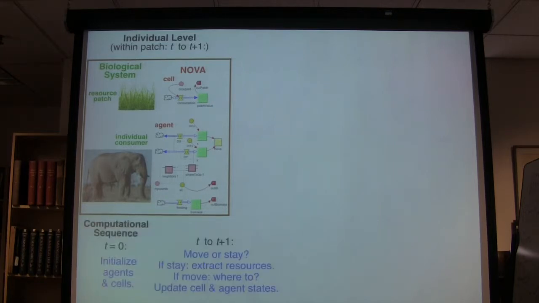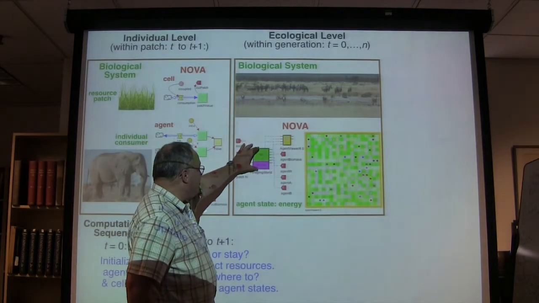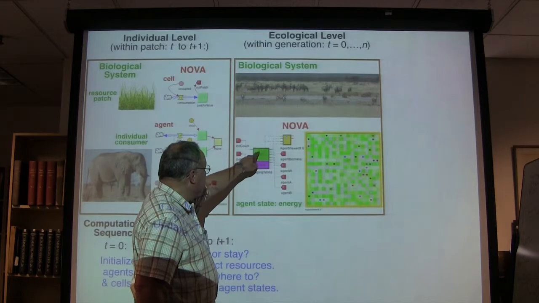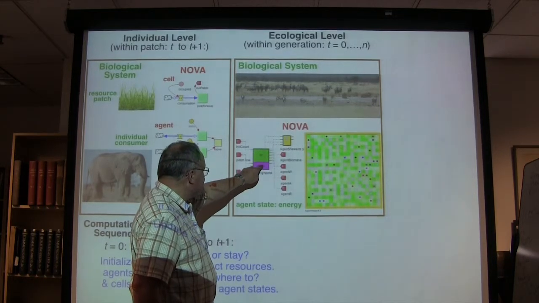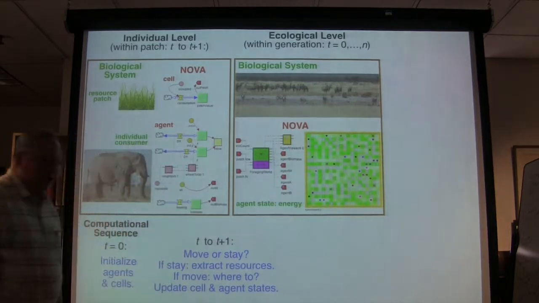And so you initialize the sequence. The where to go examines what's going on and says, should I move or stay? If I stay, I can extract resources locally. If I move, which is the best direction for me to move in, and where should I go? And when you do that, you come to the level of, you've got the sim world. Each agent here is dragged out. The cells onto here, the cells onto here, the agents onto here, and then you get this visual graphic.